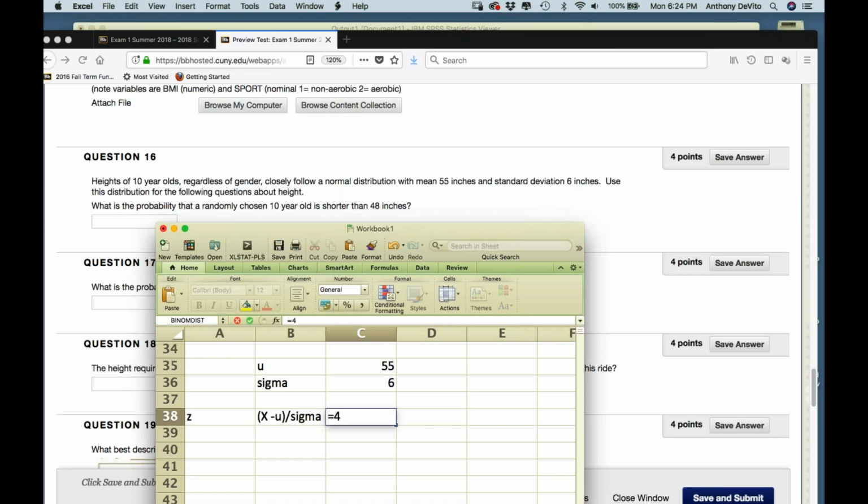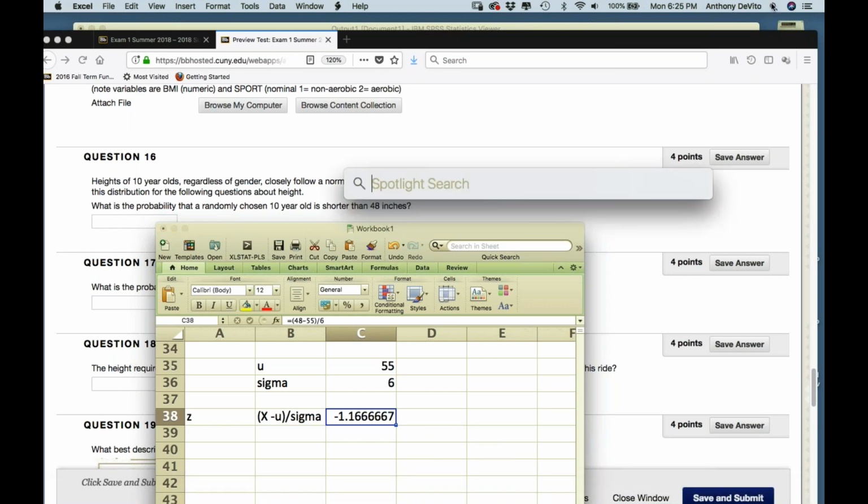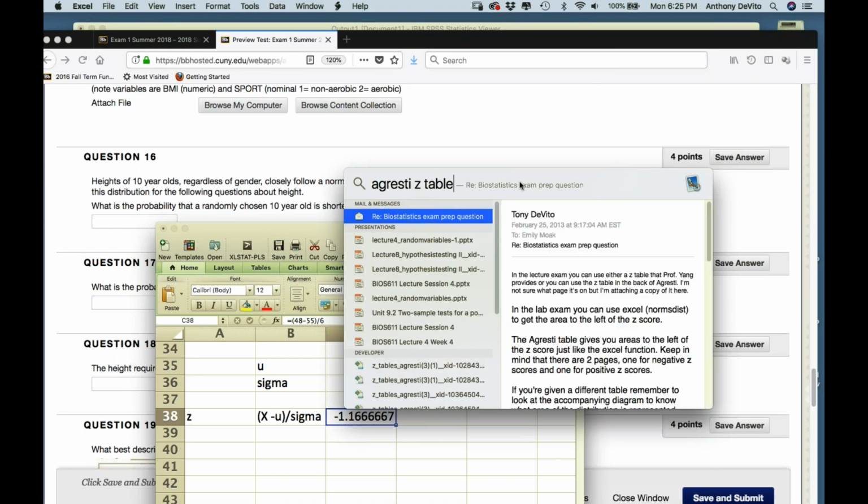It's going to be equal to 48 minus 55 divided by 6. Okay, it comes out to minus 1.16 standard deviations. Now, if I go to my z-table, I'm getting ahead of myself here. If I pull up my z-table, it tells me